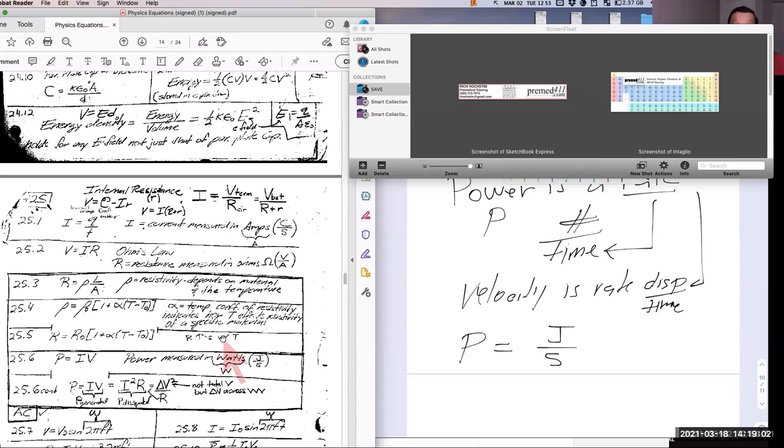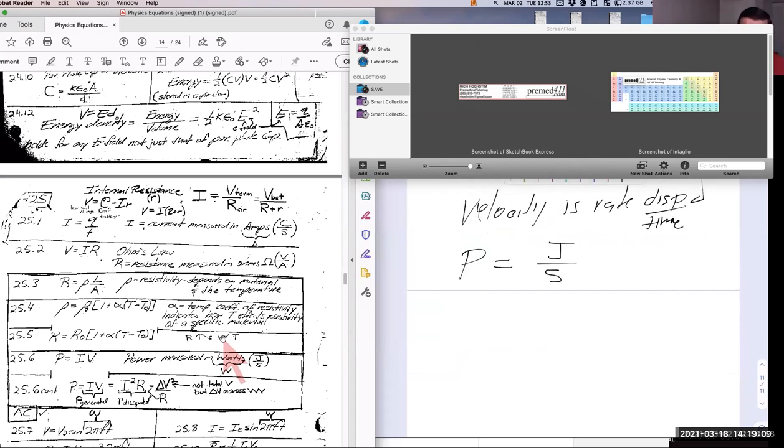Now, in terms of electrical circuits, though, we can define power in 3 ways. We can say